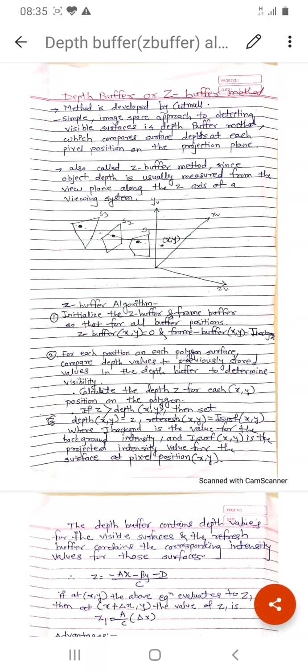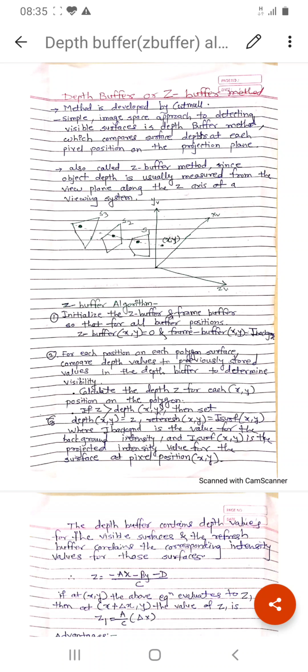For each position on each polygon surface, compare depth values to previously stored values in the depth buffer to determine visibility. For that, calculate the depth z for each x and y position on the polygon.